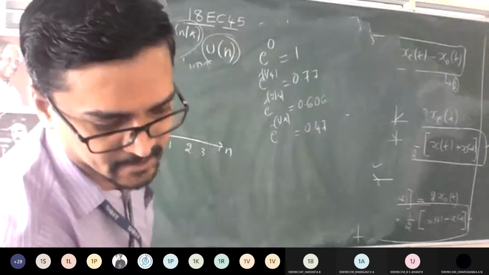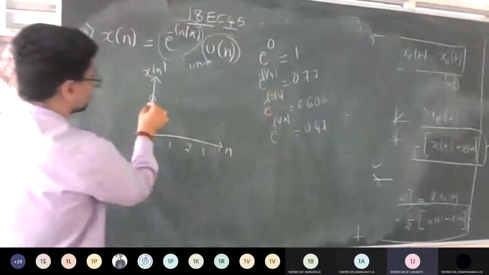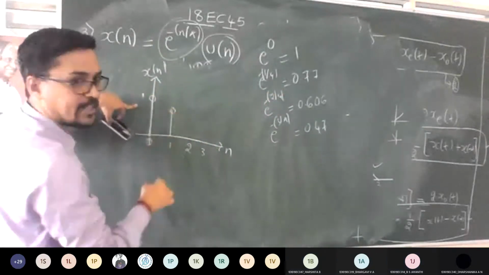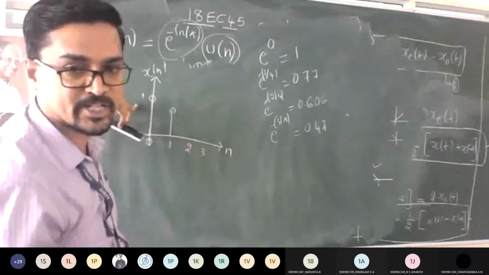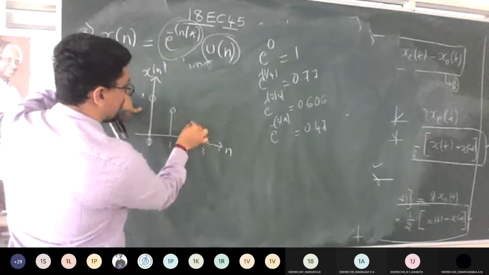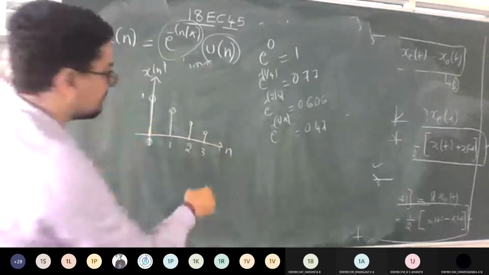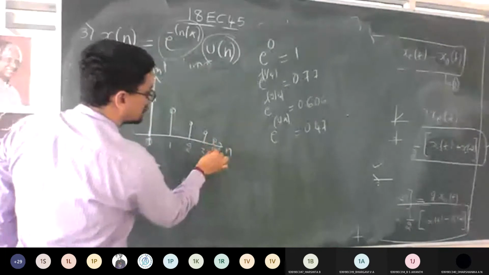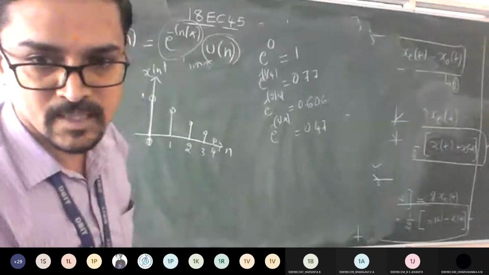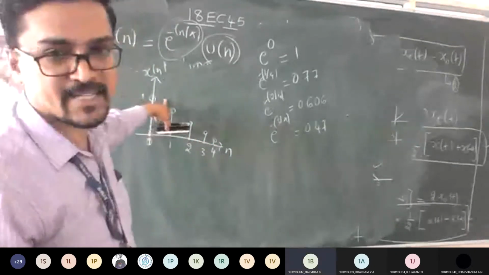Are you understanding? Next, for 1 you got this, which is less than this, so let me take somewhere here. Don't worry about the exact scale; you can write roughly, not an issue. So less than 1, 0.77. Next, less than this is 0.6, then less than this is 0.47. Look at the waveform now. Likewise, it will keep going for 4 also. So this is the original signal I want now. Yes or no, everyone? So I have got my x of n.